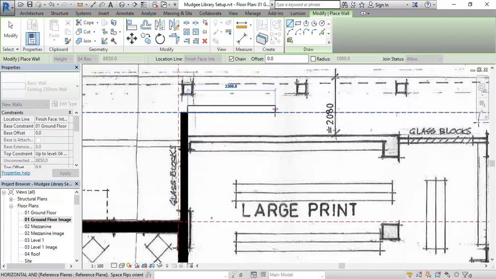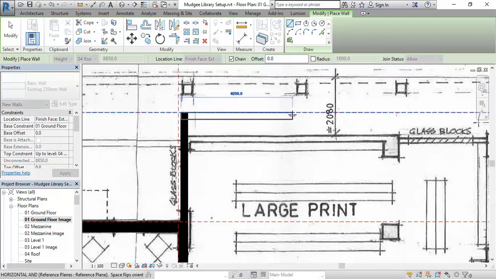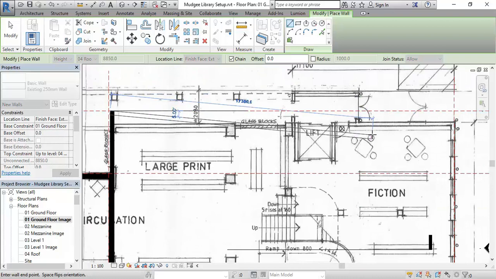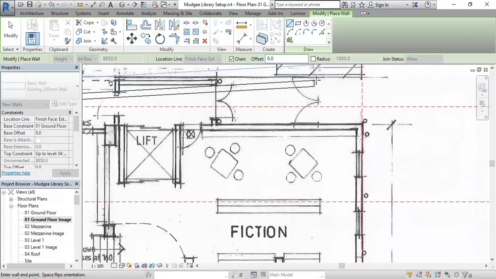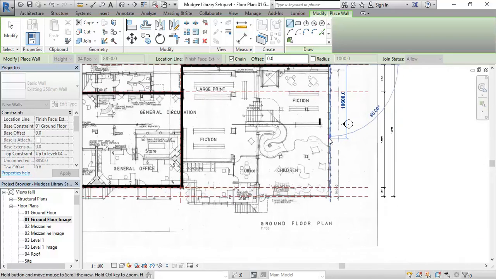Now when I come across, that's not going to work properly anymore, because I'm drawing with the interior face of the wall. So the only option really that I've got there is to cancel. Then I can change the option there for location line to finish face exterior, and then pick it up again from the corner of that previous wall, coming across now, and I'm drawing now with the exterior face. So you need to decide how to use your location line options. And now if I come down, I can just again continue tracing